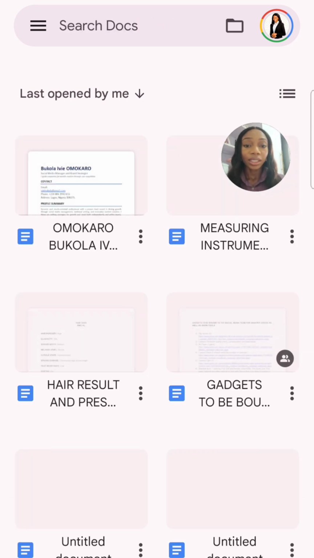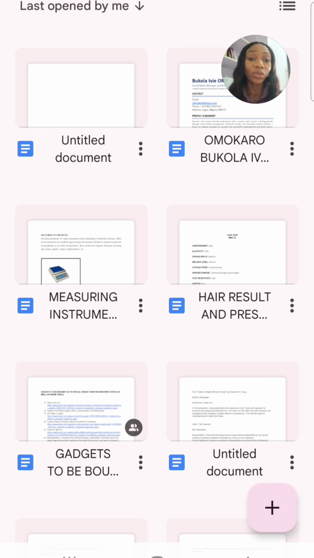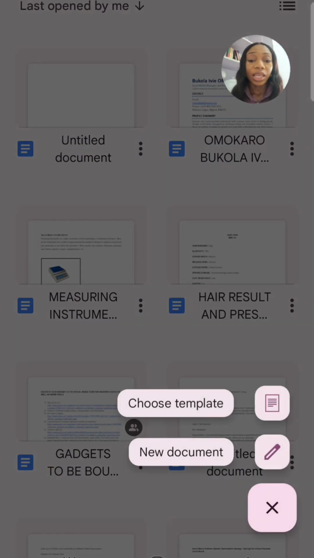Once you open your Google Docs file, if you've not been signed in before, just follow the instruction. It's really easy and straight to the point. Follow the instruction and you'll be able to sign in if you were not automatically signed in like I was. So to create a Google Docs file, you just click this plus sign at the bottom, and you can either